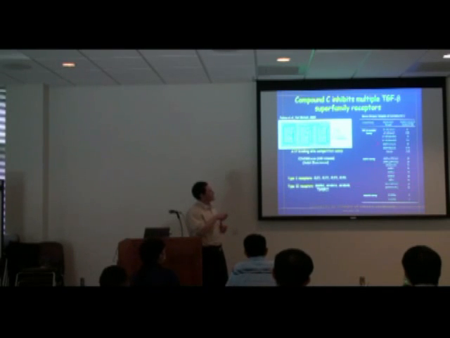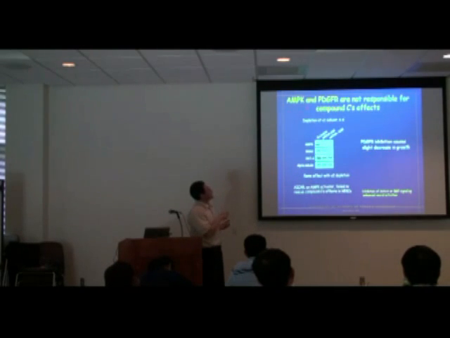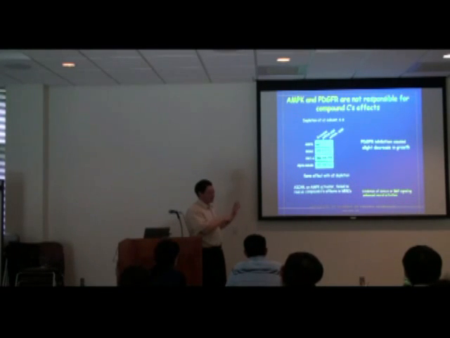So what happened here is that it turned out that the TGF-beta receptor families are a major target of this particular compound. And I'll just give you a rough idea. There are multiple members of this TGF-beta receptor family that can be targeted by the compound. Well, we ruled out that AMPK is the target by using RNA-mediated knockdown. So we knock down AMPK, we see something opposite. Not only did we not see protection of frequency, we see a decrease in SOX2, indicating that this is not the target. You can forget about this altogether.